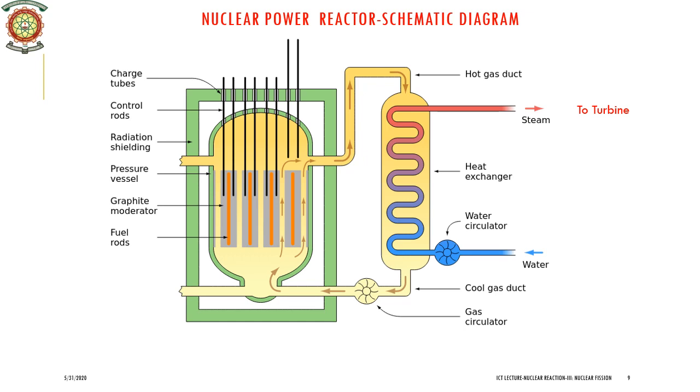Then there is the reactor shield. The reactor has to be shielded in order to protect against any possible radiation leakage. The shield generally consists of 2 to 3 meter thick layers of concrete, lead, etc. These shields absorb both neutrons and high energy radiation such as gamma rays, X-rays, etc.